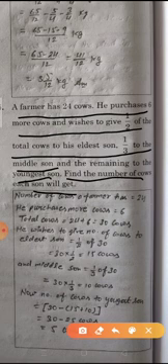The farmer has 24 cows in total. He purchased 6 more cows, so the total is 24 plus 6, which is 30. He wishes to give the eldest son 1/2 of 30, which means half. Half of 30 is 15. 30 multiplied by 1/2 is equal to 15 cows. So the eldest son gets 15 cows, and the middle son gets 1/3 of 30. So 30 multiplied by 1/3: 3 cancels out 30, 10 times. So the middle son gets 10 cows.